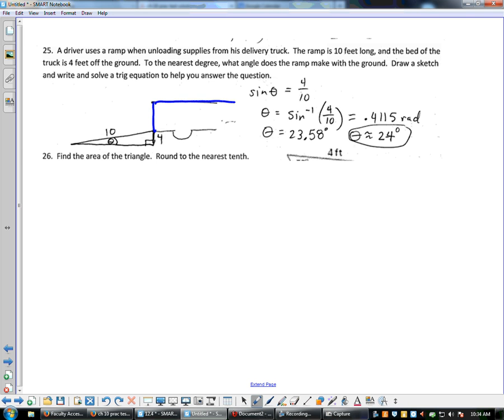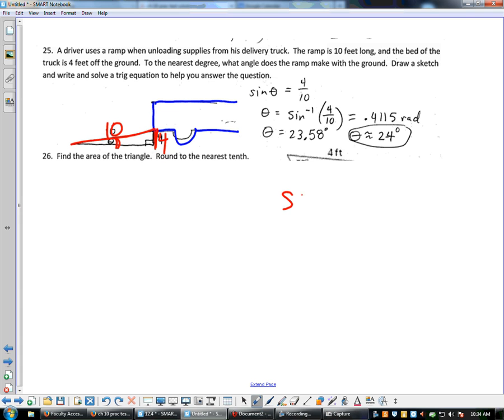not a very good one, but this is part of the truck. There's the wheel of the truck and so on. Here's the ramp that's coming out the back. We know that the ramp is 10, and we know that this height right here is 4. We're trying to find this angle theta because it says find the angle that the ramp makes with the ground. And so in this case, we know the opposite side is 4, we know the hypotenuse is 10,